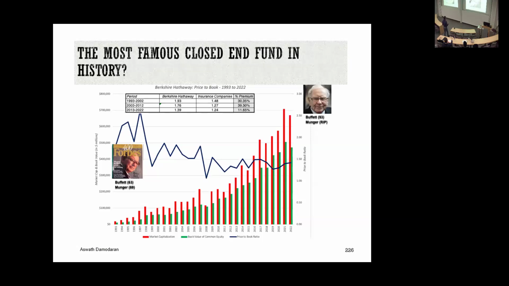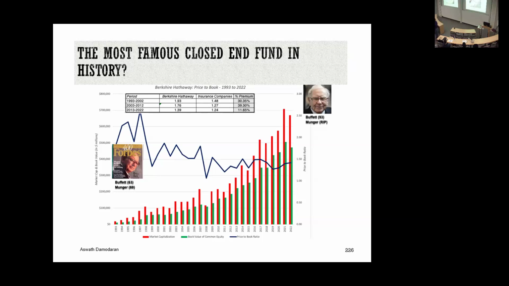So what I have in this graph essentially is the market cap, that's the red line, and the book value of common equity. For the longest time, Berkshire Hathaway reports that Warren Buffett turned out had a market cap number and a book value number. They've stopped doing it for the last few years, which tells you something about the loss of faith, even at Berkshire Hathaway, in book value. But I've also graphed out what the price to book ratios are for Berkshire Hathaway, which is the typical insurance company. You go back to 1993 to 2002, Berkshire Hathaway traded at a 30% premium. You go to 2003 to 2012, about a 39% premium. That premium dropped off in the last decade, and it's now completely gone.